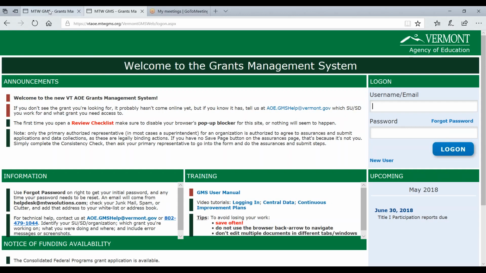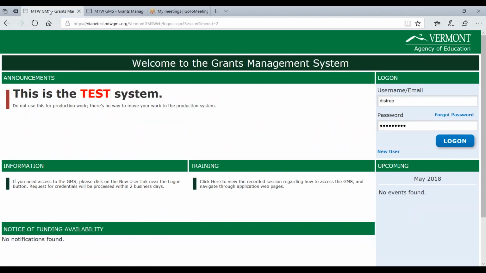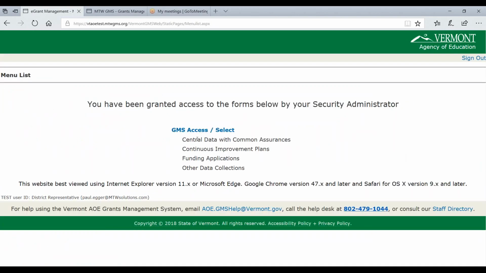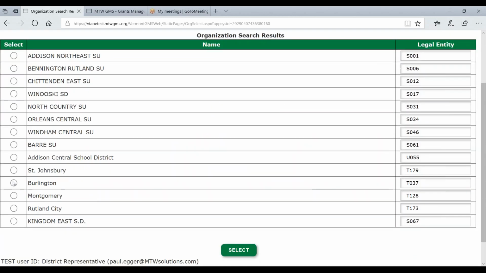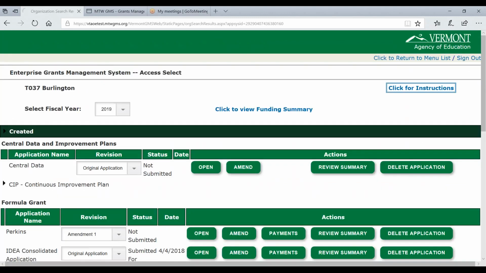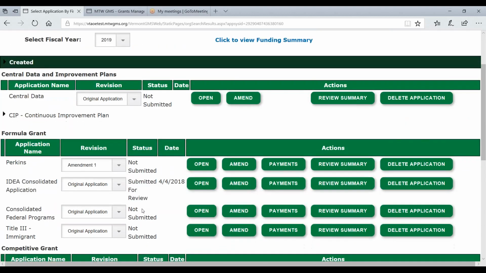I'm actually going to step back into the test system right now where I can show you an example of a grant that is in development. And this is the test system, so nothing I do out here counts. I'm going to log in and I'm going to click on this GMS Access Select link. Because the ID that I'm working with has access to multiple districts, I'm going to pick Burlington just for the sake of example, but you should come directly into your district if you only have that one district to complete. Now, within Burlington,